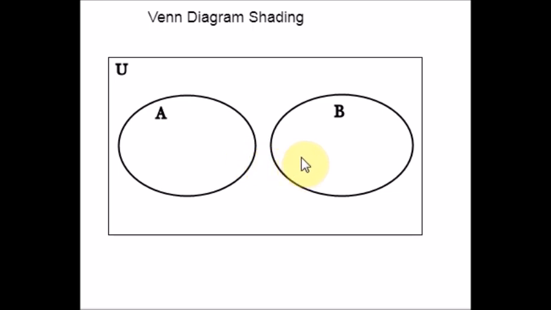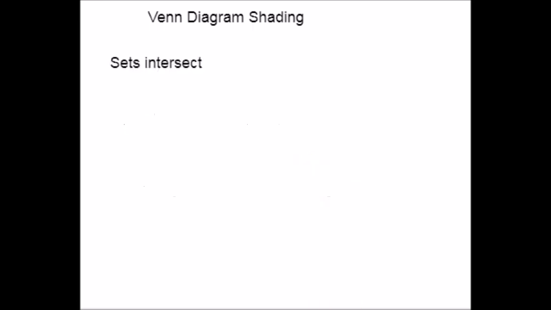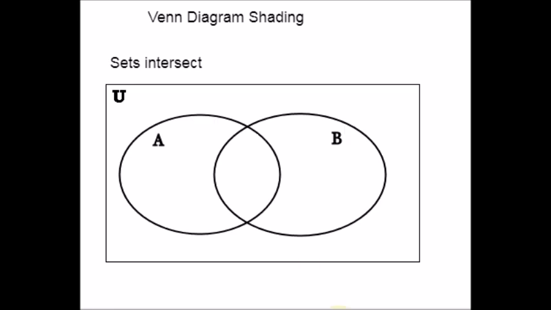Okay. Now let us see how to draw Venn diagrams for two sets that intersect. If two sets are intersecting, it means two circles should have some region in common. It should overlap at a particular region. So let's see how to draw that. Draw a universal set and draw two circles which touch, they overlap. Did you notice that these two circles are overlapping in this region? This is the intersection region.